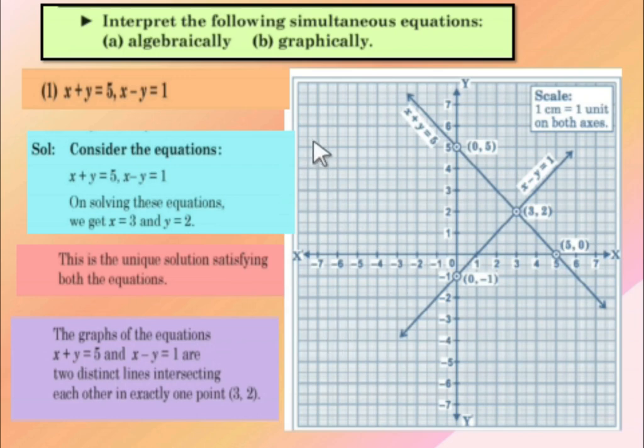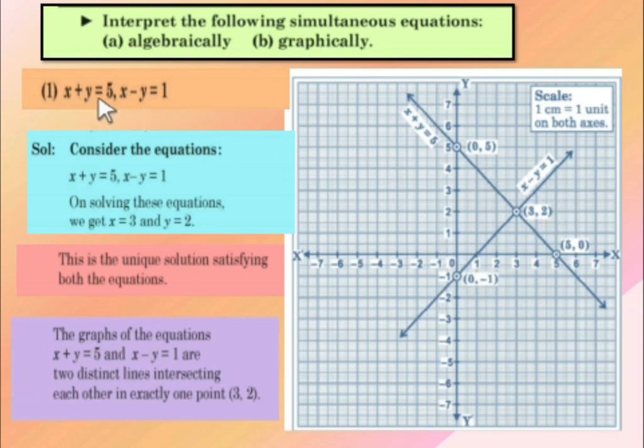Now let us see this. x plus y is equal to 5. We have made this and we can understand how to make this line. So, in this exercise, what is expected from you? In exercise 1.2, what is expected from you? You are supposed to draw a line. You are supposed to draw the second line. From where? Equation number 1, first line. Equation number 2, the second line.